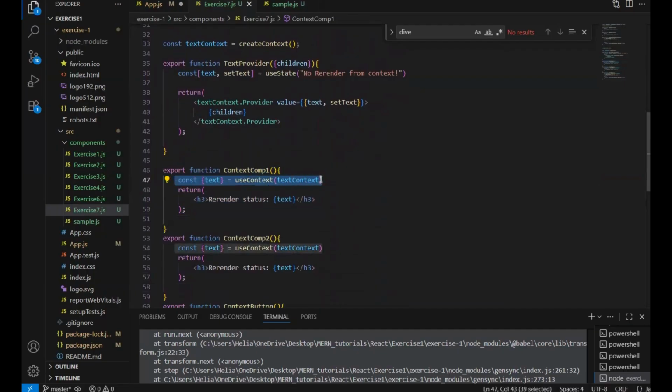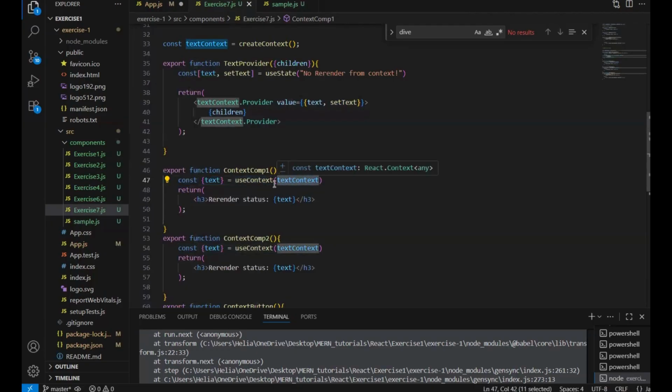The way that I am receiving the values from a provider is this way. I say I want to look at the text of this function, and I am going to pass